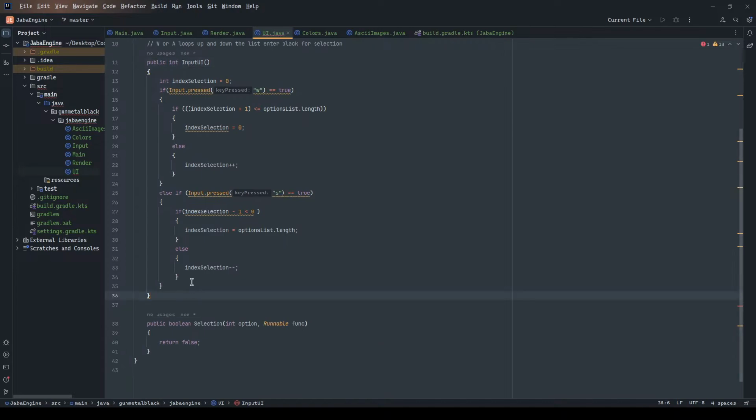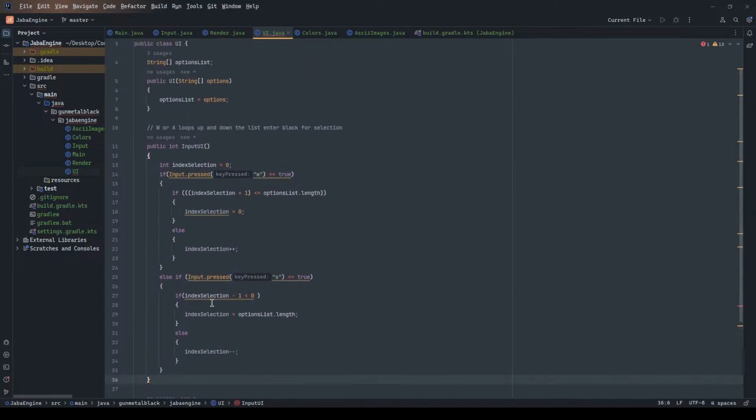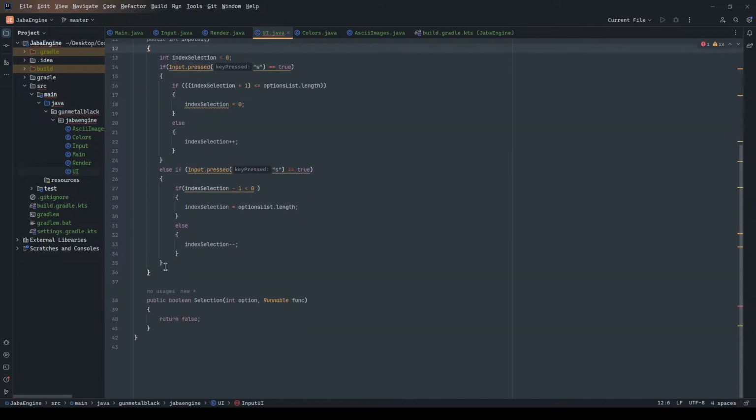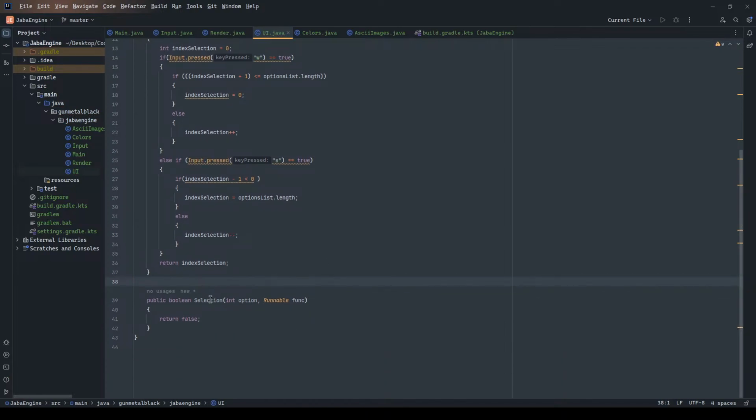And then we will go down here, and after all of this is done, at the very end of this, we should return index selection. I think is what we should do. And then here, when we call selection,